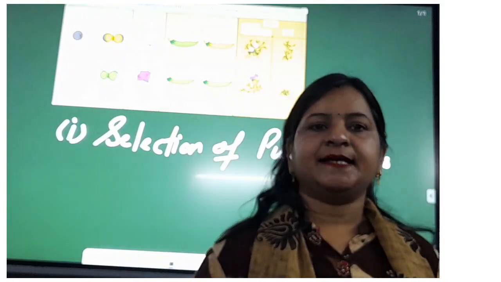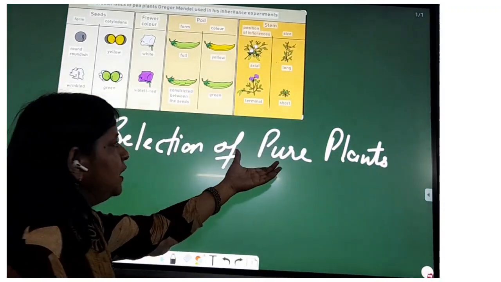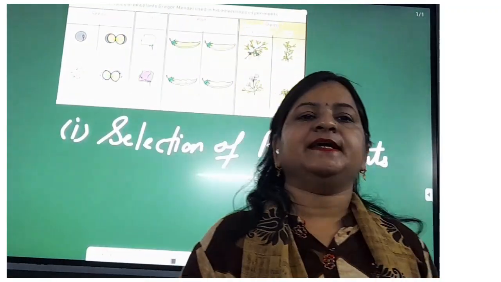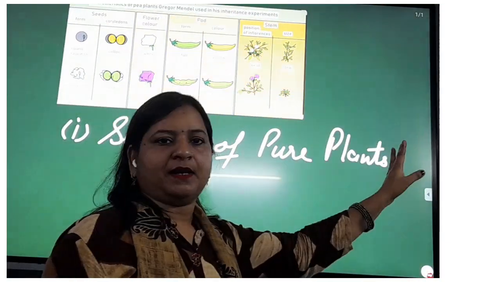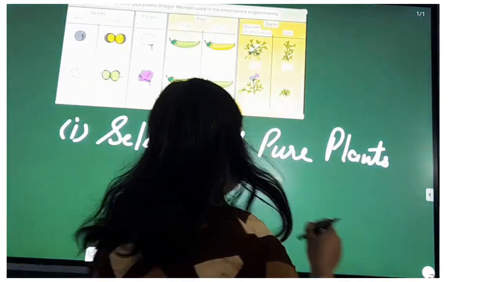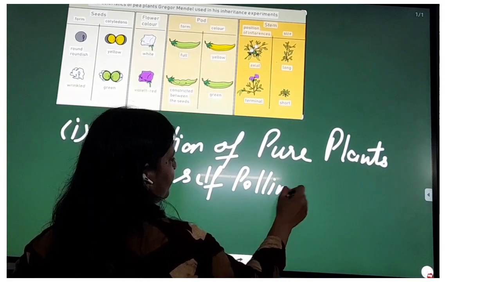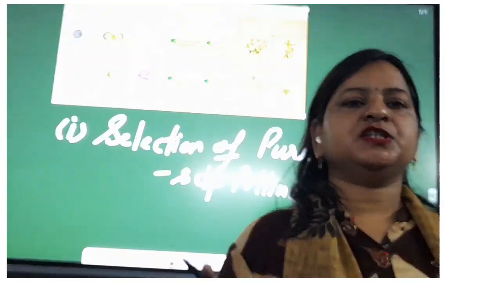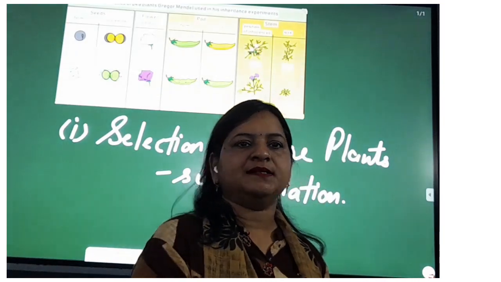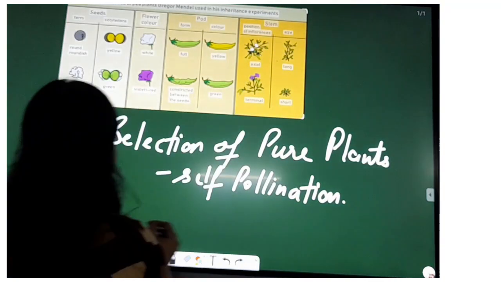If he raised tall plants again and again from the same seeds, and he observed the pure tall plants he got in the next generation, and from there he took the pure plants. He did it by doing self-pollination. By doing self-pollination again and again, he got purity in the plants, and he obtained one character for one particular seed. Second step was